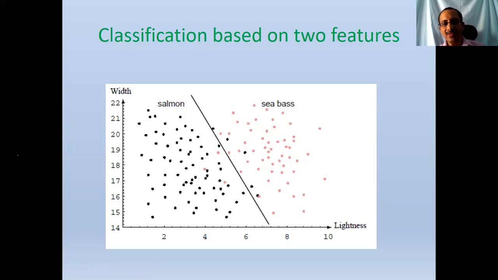And see, if I give you this red dot, what can I say about this red dot? I just want to tell a little more detail about this red dot. One example. Other than one example, what else can you tell? You can tell the lightness and its width. Right. So you can tell about the lightness and width of that particular fish. What is the lightness? Lightness is about 9 units. And the width is about 20 units in the units that are measured.